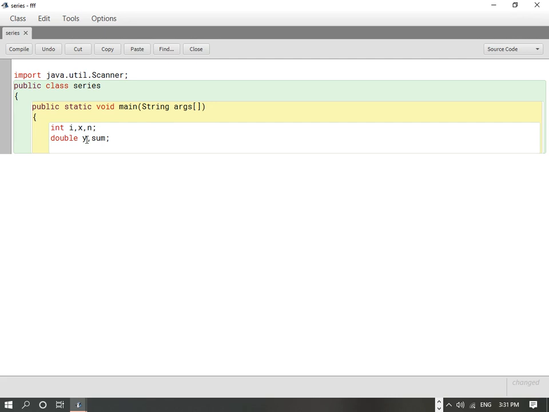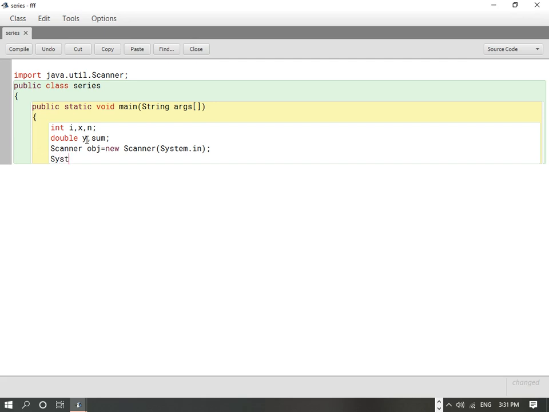So now we are going to create the object of the scanner class. So Scanner obj equals new Scanner, System.in. Next will be to ask the user to enter the value of x and n.